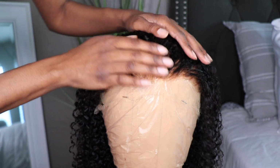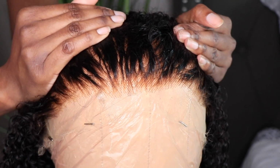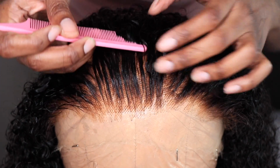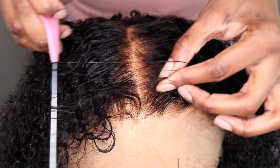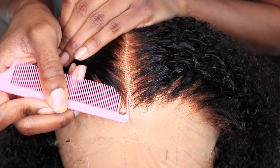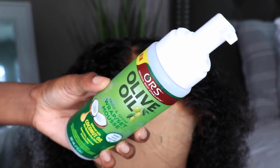One thing I love about bleaching my knots is being able to see that pre-plucked hairline, because most of the time when the hairline is pre-plucked, you really don't even notice it. So yeah, I do love that about bleaching my knots. But as far as styling the unit, I'm just gonna go for a center part,